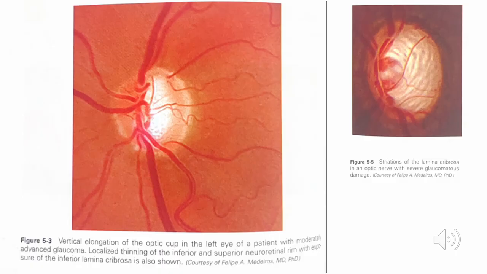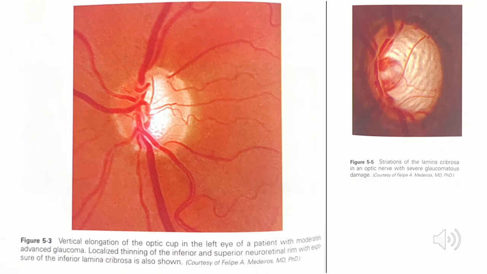On the left, in Figure 5.3, we see vertical elongation of the optic cup in the left eye of a patient with moderately advanced glaucoma. There's localized thinning of the inferior and superior neuroretinal rim, with exposure of the underlying lamina cribrosa inferiorly, a hallmark of progressive rim loss. On the right, Figure 5.5 shows striations of the lamina cribrosa in a nerve with severe